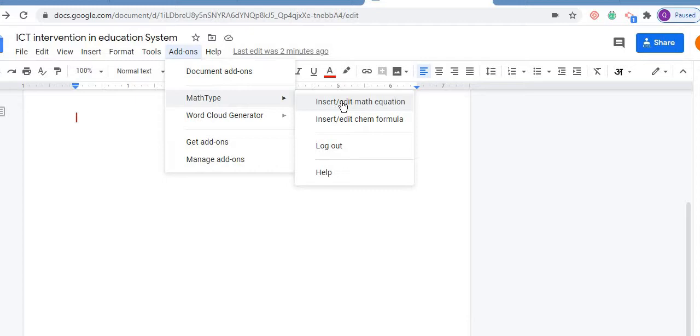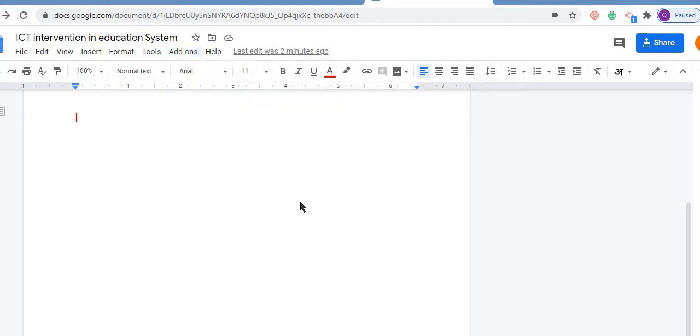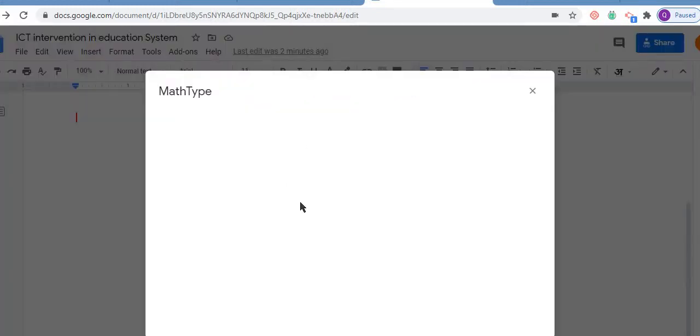Insert or edit the maths equation. See, it's working. Now when it is working, it is going to show you a box. Yeah, it's working.